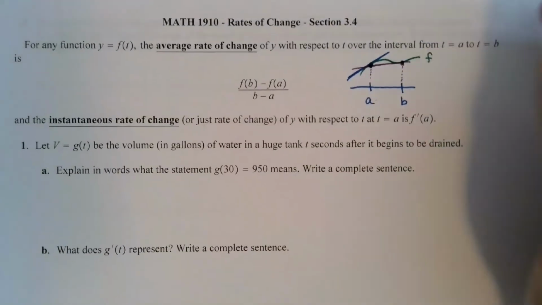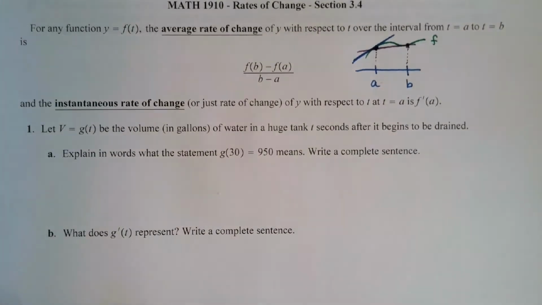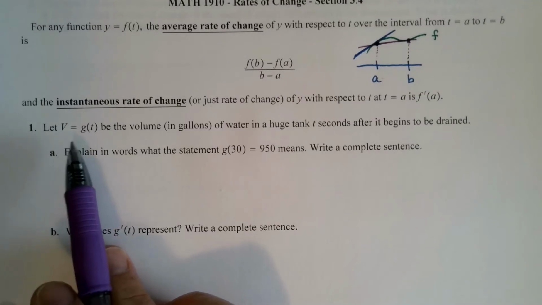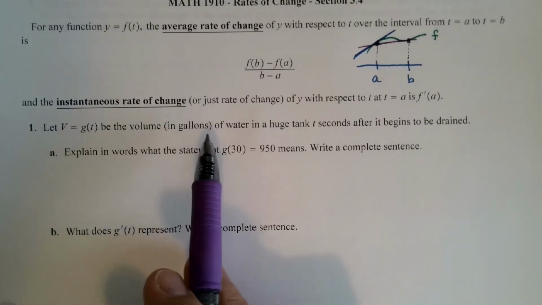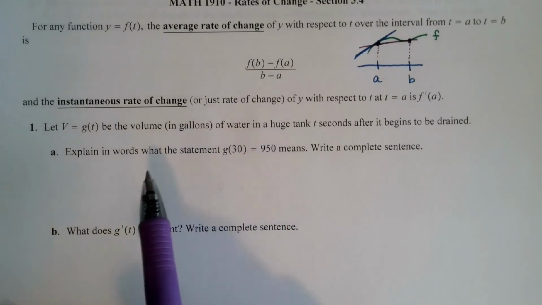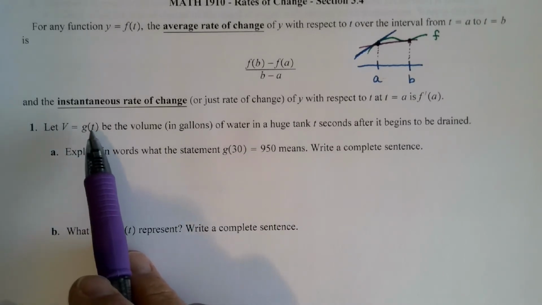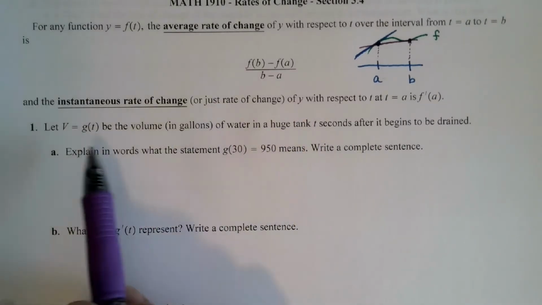Okay. All right, so let's see if we can put these to practice. So first of all, I just want us to understand in words what's happening. So here's an example of a function. V is g of t. Let that function be the volume in gallons of water in a huge tank t seconds after it begins to be drained. So it's important to understand what this function gives us. If I plug in the number of seconds, t is in seconds, after we begin to drain this huge tank,